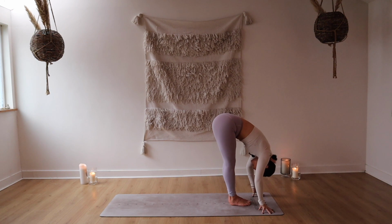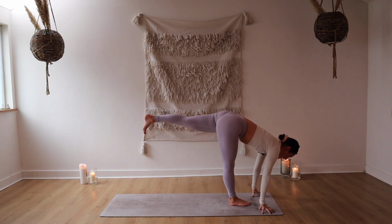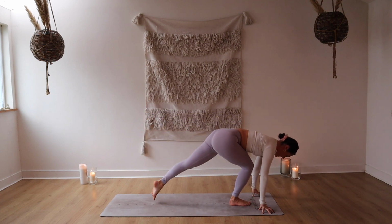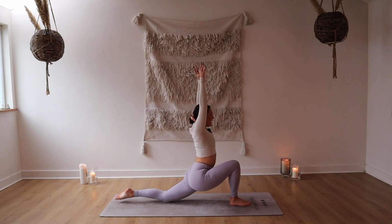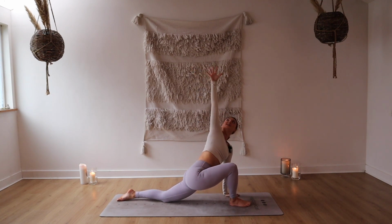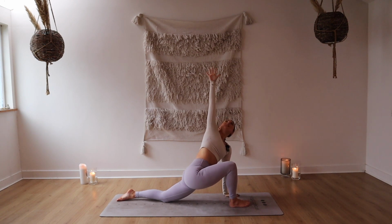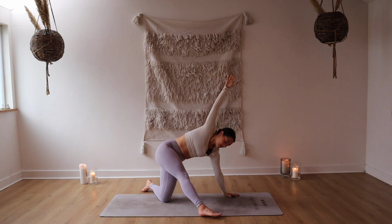drop the head. Create a halfway lift as you inhale, releasing the left foot behind you. Exhale, softening into that right knee, land the left toes behind you, arms rise up, low lunge. Exhale, left fingertips drop down to your mat, right hand stays lifted, coming into that easy twist, twisting from the belly. Then using your next inhalation to swing the right leg all the way round to the back of the